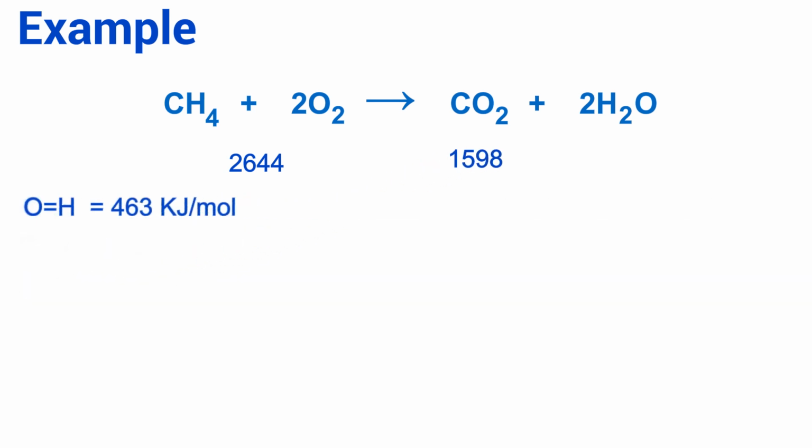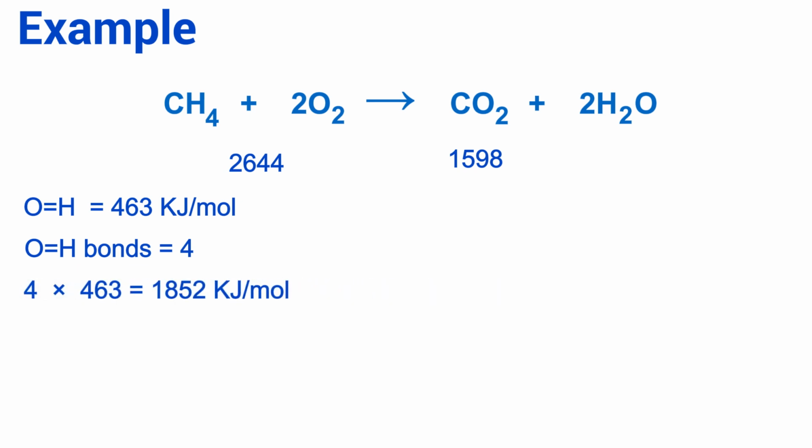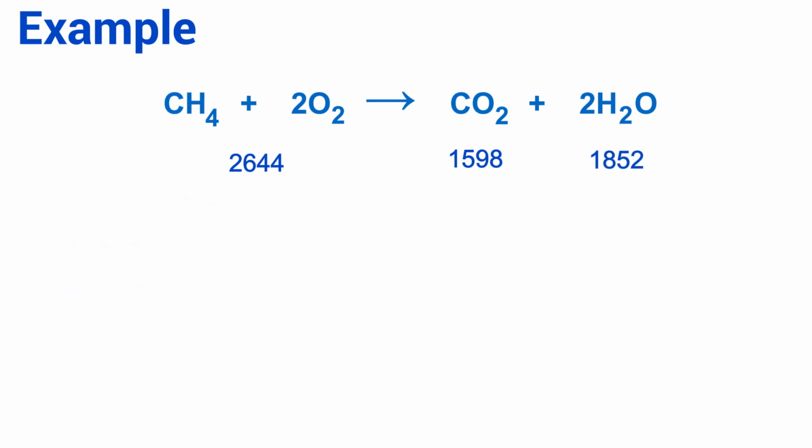Similarly, each oxygen-hydrogen bond releases 463 kilojoules per mole of energy when formed. For 4 oxygen-hydrogen bonds, a total of 1852 kilojoules per mole of energy is released. Therefore, the total energy released when new bonds are formed is the sum of these values, which is 3450 kilojoules